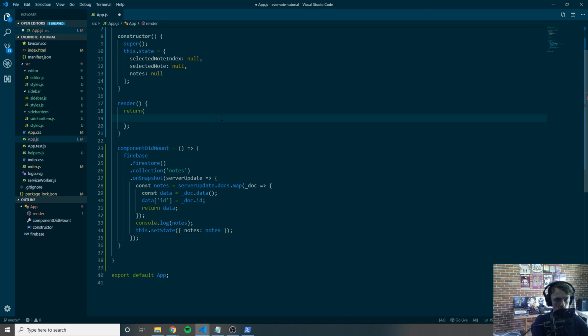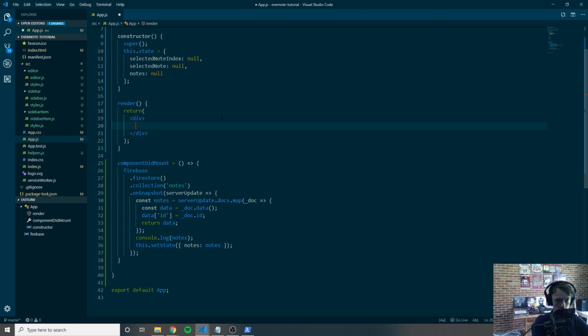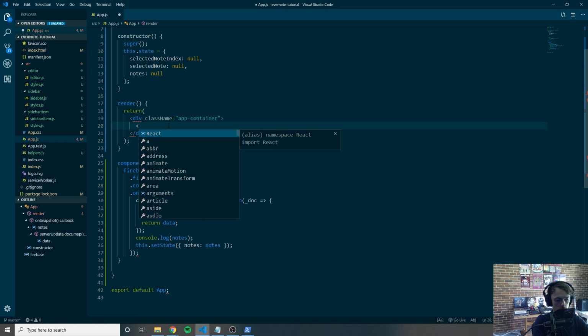So in React, we can only return one element, but we can have other elements or components inside of that element. So we'll create one parent element, and it'll be a div here. And I'll just go ahead and give this a class name of, let's say, app container. And then inside of here, let's go ahead and put in our sidebar component,